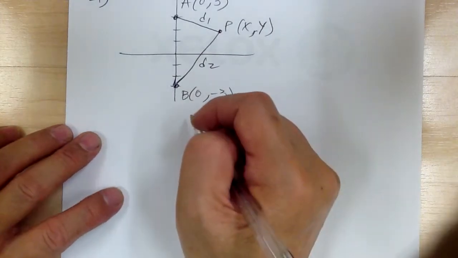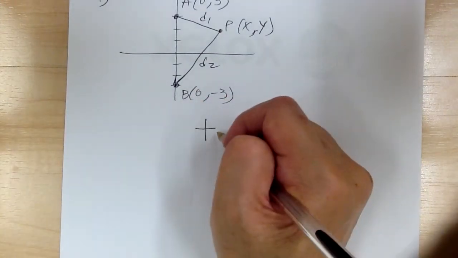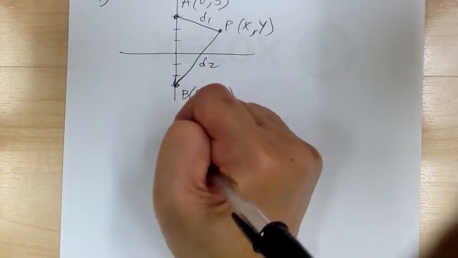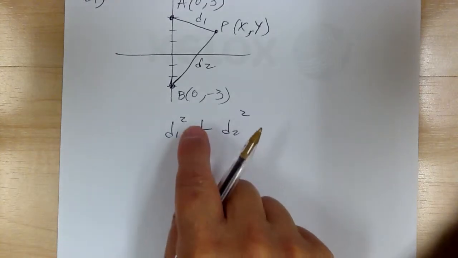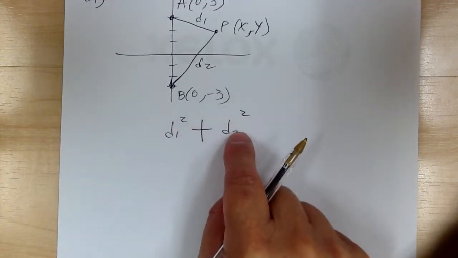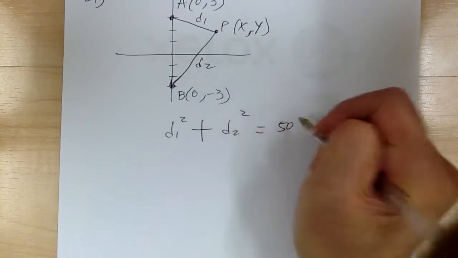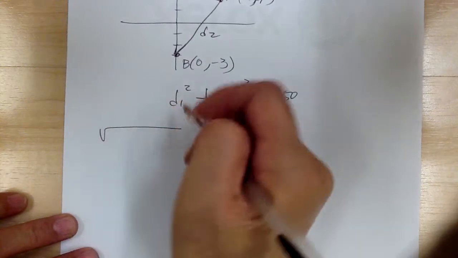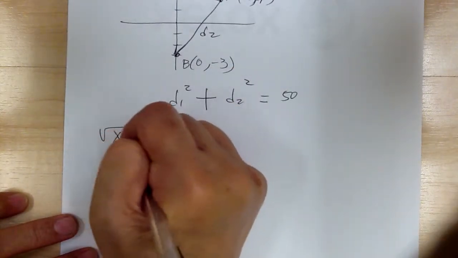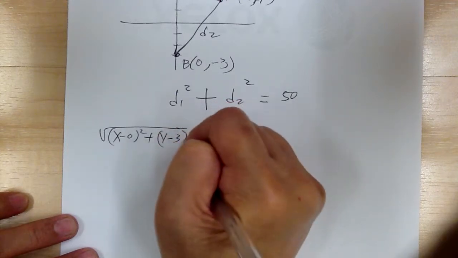Now you have to read the condition. It says the sum, so sum means adding. So sum of the square of the distance, that means D1 squared plus D2 squared, from those 2 points equals 50. Okay, so then you apply the definition. So D1